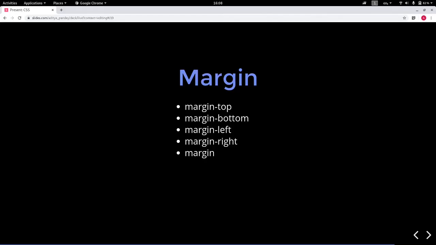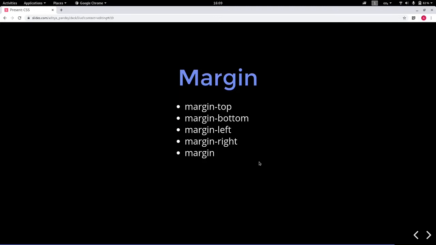Okay, now we'll move on to the margin property. The margin property defines a space around an HTML element, and we can possibly use this property to overlap two different elements by passing negative values to the margin property. The values of the margin property are not inherited by the child elements. We have the following properties to set an element's margin: top, bottom, left and right, and a shorthand property for all the four.